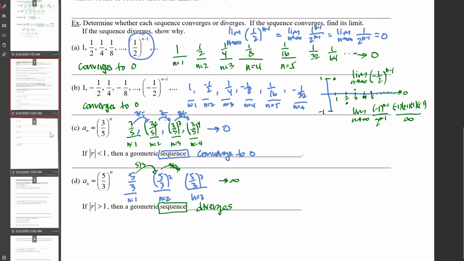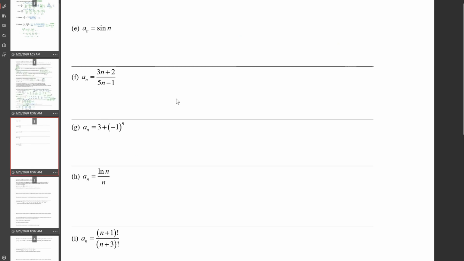the next worksheet or the next page, which has this problem here. A sub n is equal to sine n, all right? Does this sequence converge or diverge? Let's look at it. If n is equal to 1, I get sine 1. If n is equal to 2, I'd have sine 2. If n is equal to 3, I have sine 3. If n is equal to 4, I'll have sine 4. Is this going to